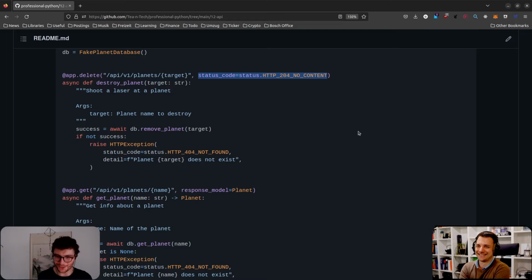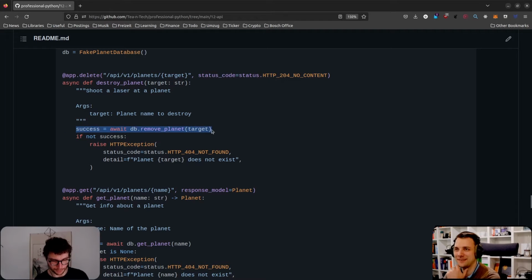You could do a 200 with a payload saying it ain't there anymore, but it's pretty clear that you can just do a 204 and let it rest in peace. It's basically like the emperor saying no comment on destroying Alderaan. No, the action speaks for itself.